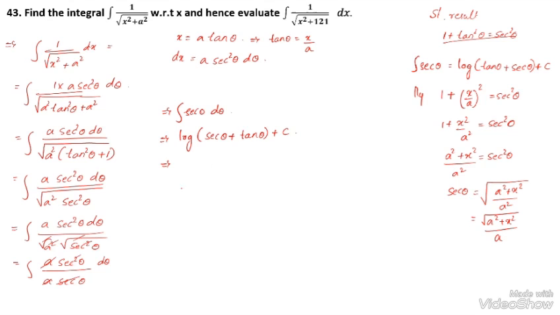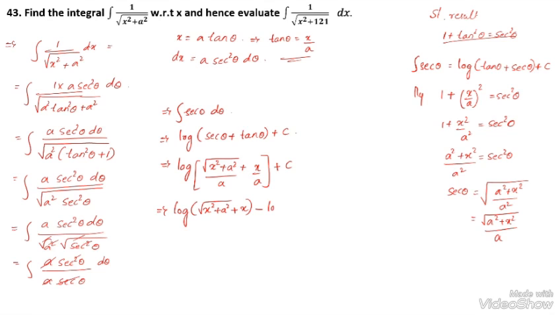While substituting the values here, log of, what is the sec theta? It can be written as root of x squared plus a squared divided by a, plus, here what is the tan theta? By using this, I can write x by a, plus some constant c. So taking the denominator a common, I can write log of root x squared plus a squared plus x